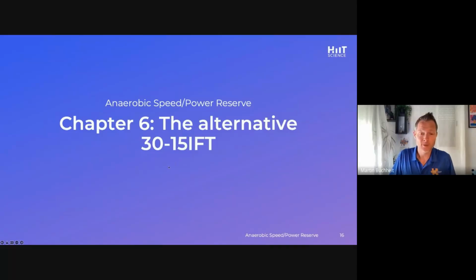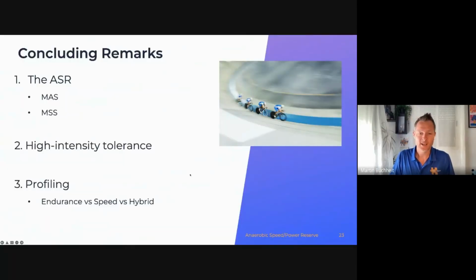And of course, I couldn't finish without mentioning, as I just said, the 30-15. In this case, that would be exactly the same, but you've seen that in the previous courses. All right. So as a conclusion for those 5 chapters, first chapter we discussed the definition, and